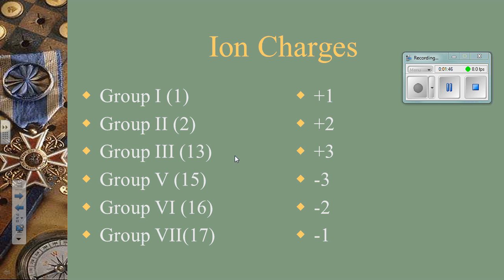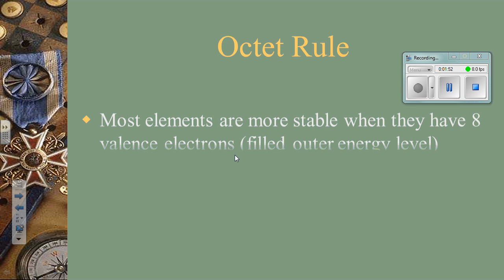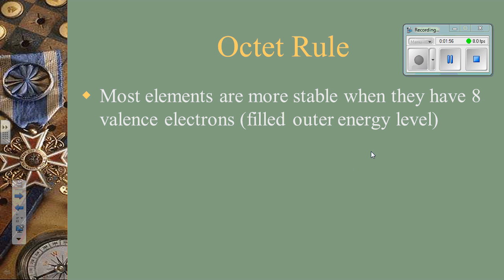So we're going to learn perhaps the most important rule in all of chemistry. It's called the octet rule. The octet rule says that most elements are more stable when they have 8 valence electrons. Remember, valence are the ones in the outermost energy level. So that would be a filled outer energy level. After you get 8 electrons, you would then do the overlap, and you would have something else occur in the next shell. So it's called the octet rule because if you have 8 valence electrons, things are more stable,